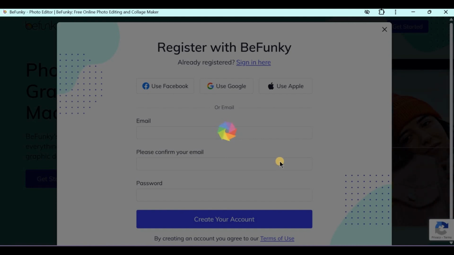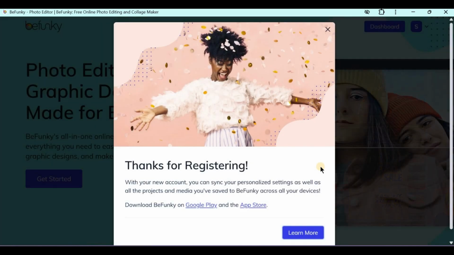Signing in with Apple is great for privacy-conscious users, as it allows you to keep your email hidden while still